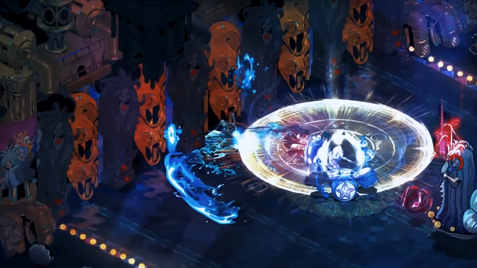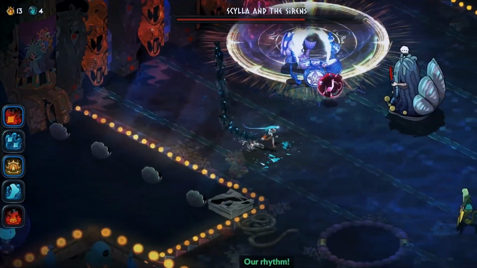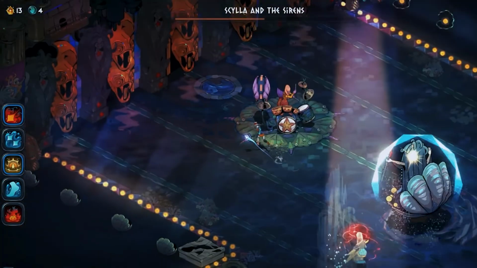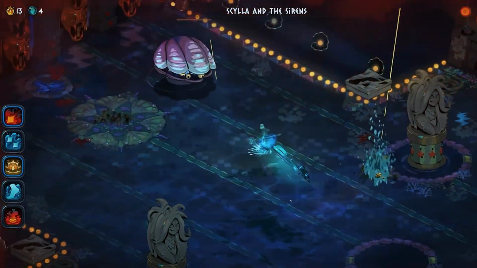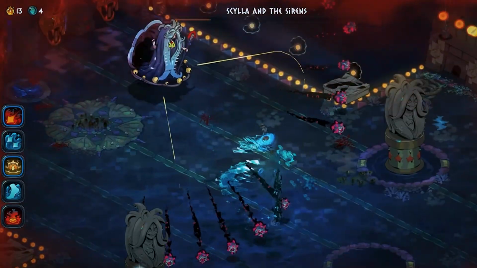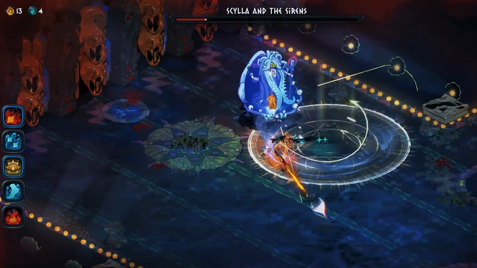For me, the realization came the moment I stunned the Siren playing the drums. The drums dropped out of the track. After a while, she returned to the fight, and the drum part returned with her. When you defeat the Siren playing the electric guitar, the guitar part is removed from the music for the rest of the fight. And when both Sirens are out, you are left with just Scylla, singing a cappella.